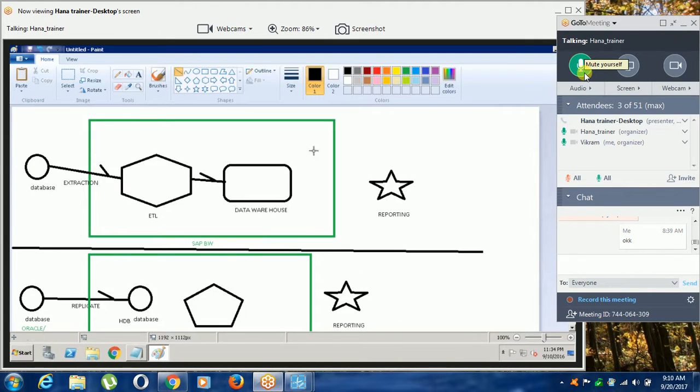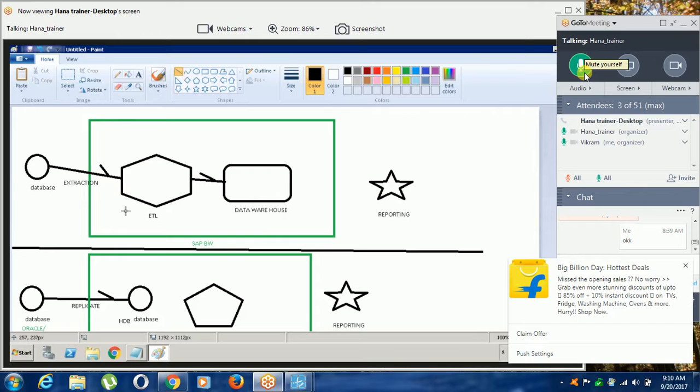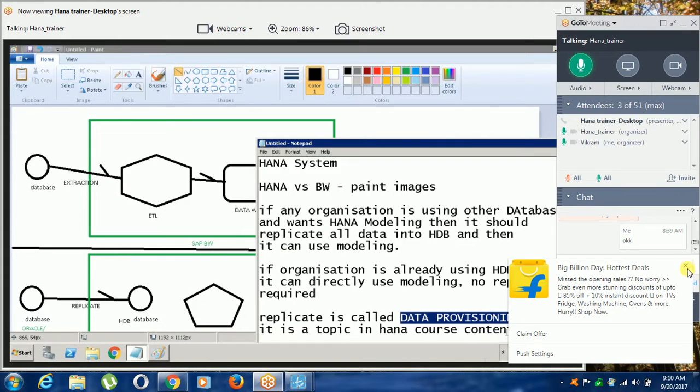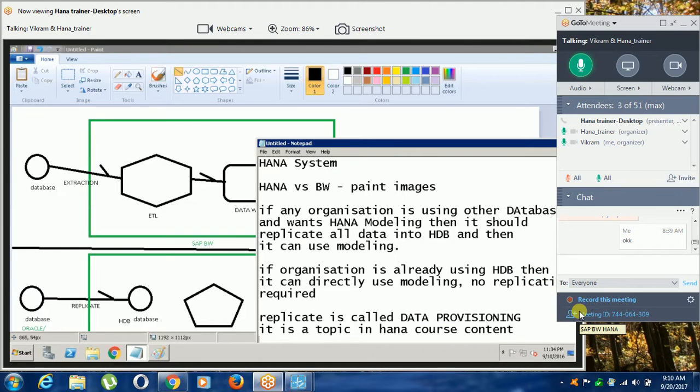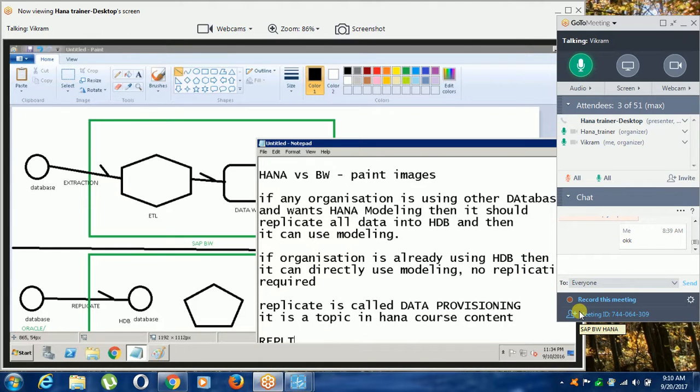Extraction means it is not copy. Extraction means we can extract the required data only. See, here I will explain you.